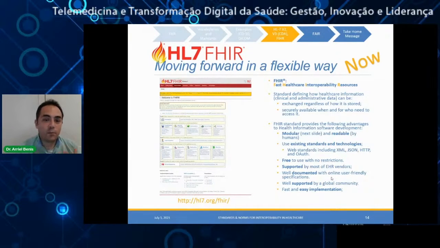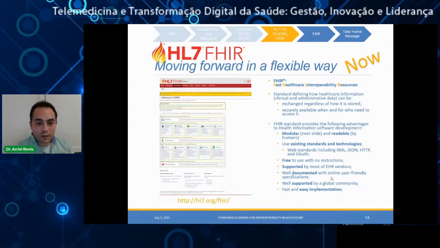What's important to understand is that FHIR is modular, meaning that we build the blocks that we need. We use the parts of the standard that we need, no more. It's readable for humans. It's also based on well-known technologies, and the most important, from my perspective, it's also free and without restrictions,